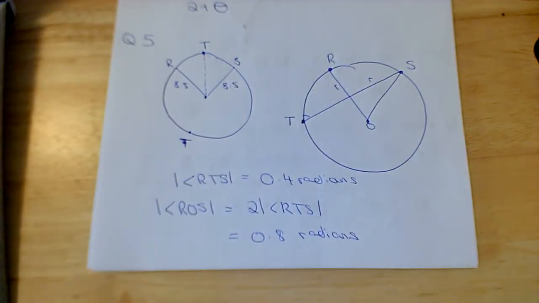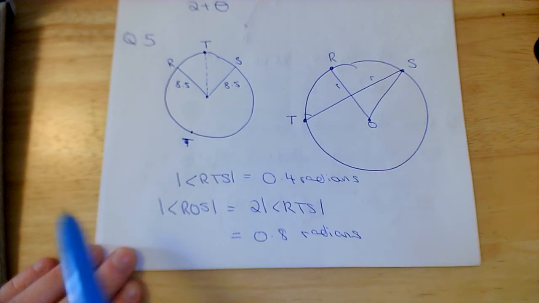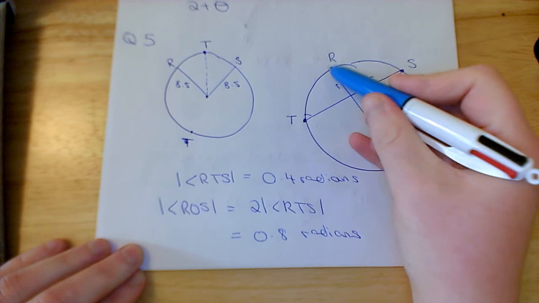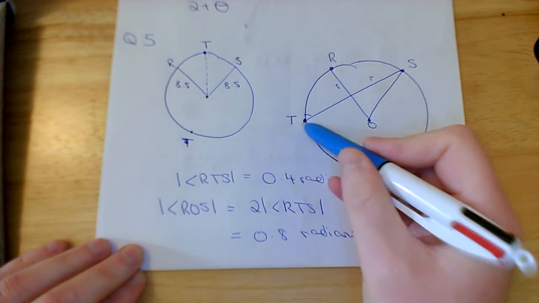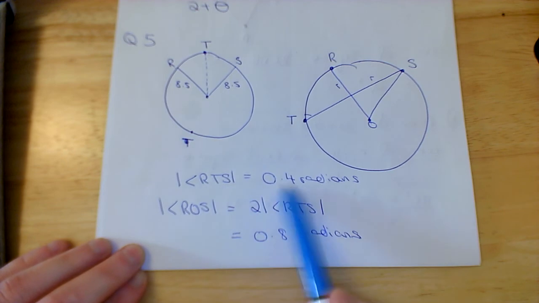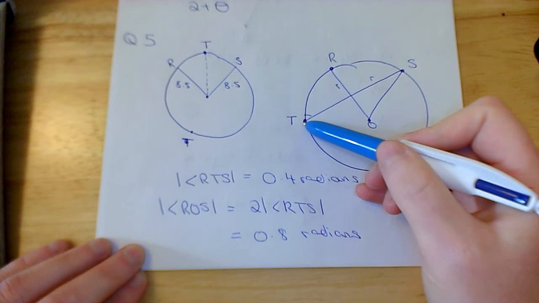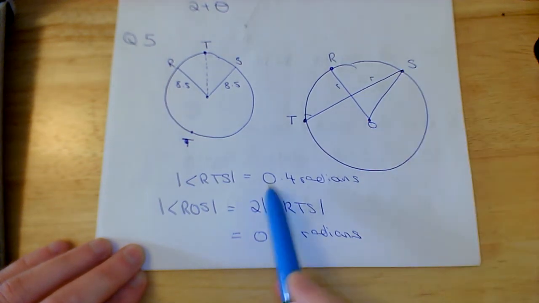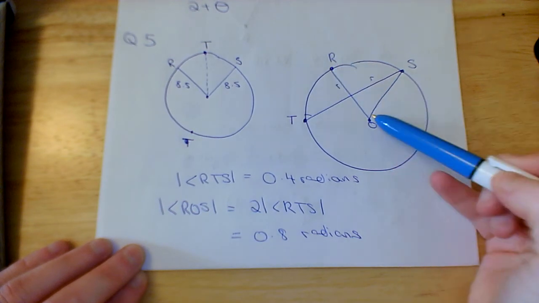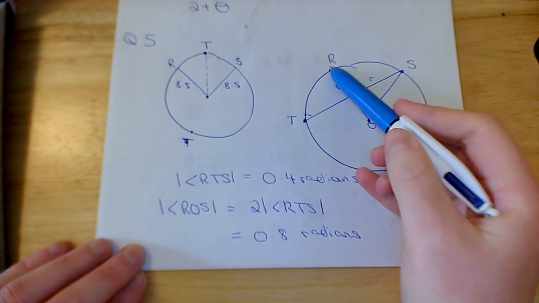Okay, question 5 then. I have this here, so I drew it out like this first of all, but I'm going to draw it out here to make more sense to us. This is my arc ST, standing on the same arc, so I have angle RTS equal to 0.4 radians. I was given that information. And I know that angle ROS is equal to twice the angle RTS,